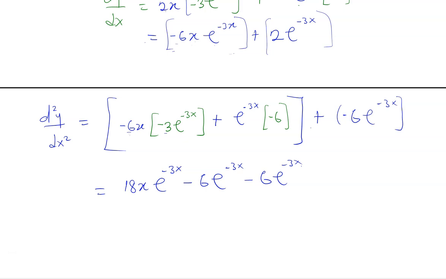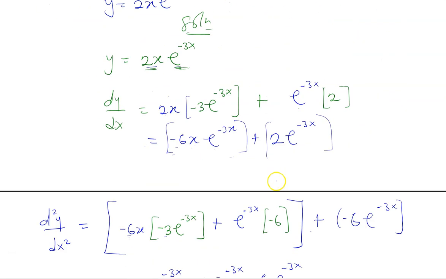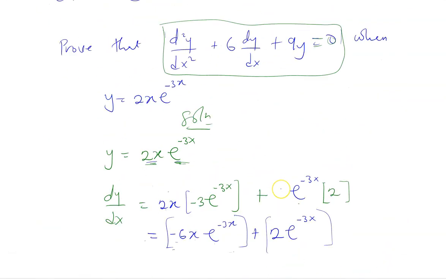You can simplify something else. So this one and this one are the same, so we can write it as 18x e^(-3x) minus 12e^(-3x). Now that we've been able to get all the differentiation, the question was saying that we should prove that